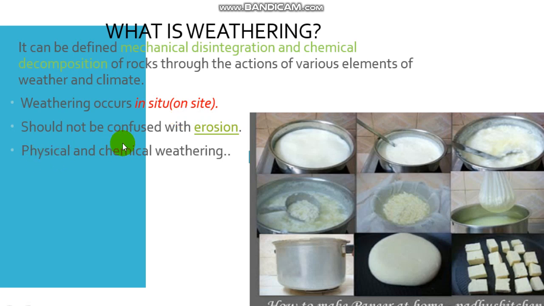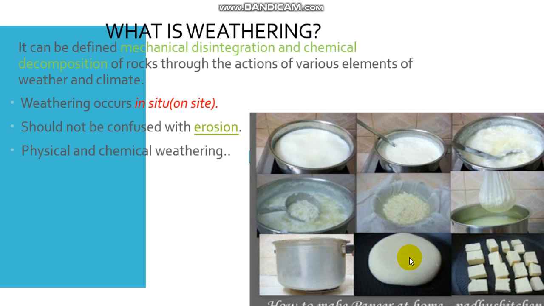All right, and this weathering could be divided into physical and chemical weathering, referring to the forces that are acting on the rock. Now, for you to understand physical and chemical weathering, you should understand what physical and chemical changes are basically. Let's try to understand it with an example. Here we have milk. When you squeeze even a few drops of lemon into milk, what happens? You will have an entirely different material, which with a particular process could be brought up to this, which is paneer